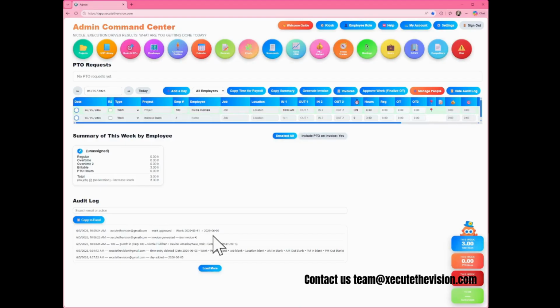You'll see the week was approved, and then like I said, employees can see that, and employees can also click approve their time card, and then the audit log shows any hours or anything like that changed after the fact. So if anything were to update, because lots of updates need to happen on time cards, it can do that. I recommend that you approve the week whenever you want to see employees have their final regular and OT hours